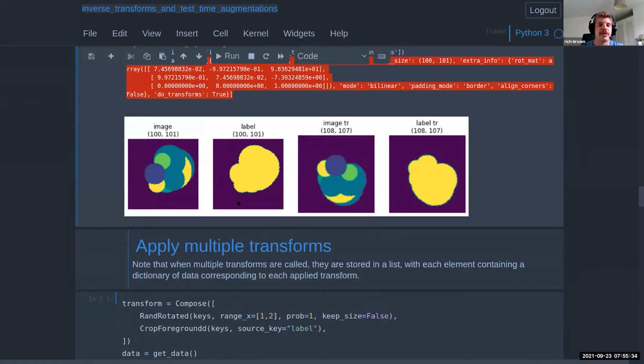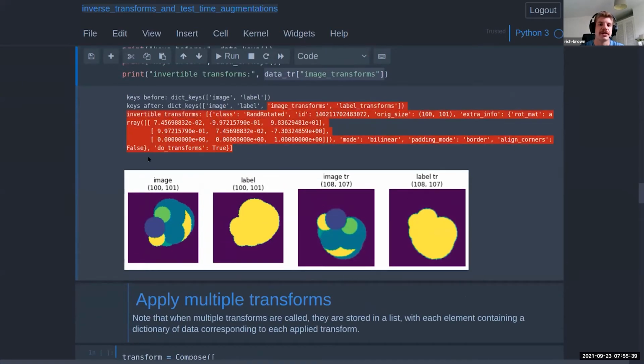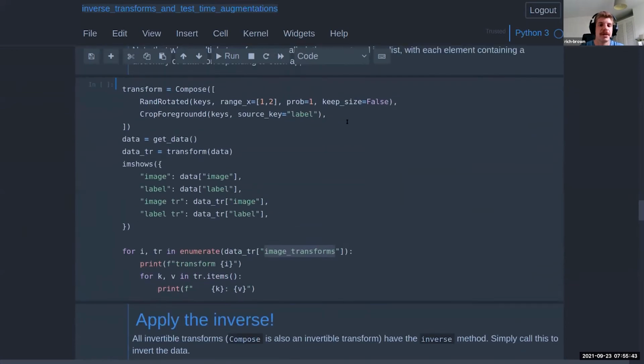So that's it. Take some image, apply some sort of transformation, and you'll see that there's some extra information that's then contained in our dictionary. Here, all I'm doing is stepping up one tiny level in complexity. Instead of using one transform, I'm now using two transforms, and I'm using them in a compose. Both of these are dictionary transforms, and both of them are invertible, so that